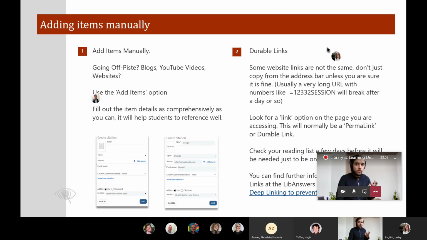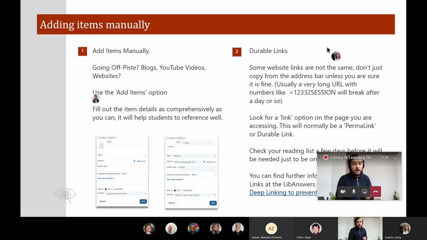However, remember that if you put that as an essential text, we will attempt to get the digital version of that. If you put that as a recommended text, we won't do that. So if you have a book which you really are going to use as a core text and we don't have it, put it in, create a reference for it manually and set it as essential. And we'll do our best to get the digital copies of that.